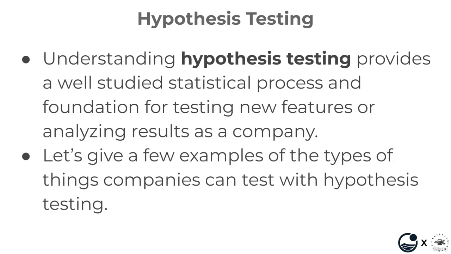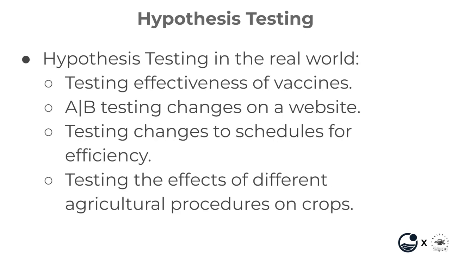Understanding hypothesis testing provides a well-studied statistical process and foundation for testing new features or analyzing results as a company or organization. Let me give you a few examples of the types of things companies can test with hypothesis testing. So you can test things like the effectiveness of vaccines or medications. You can also do A/B testing for changes on a website, such as testing whether or not a new color button actually improves conversions. You can also do things like testing changes to schedules for efficiency, such as are workers just working 4 days a week more productive than workers working 5 days a week. You can also test the effects of different agricultural procedures on crops, like whether or not to